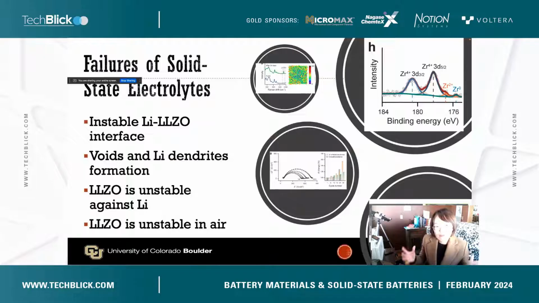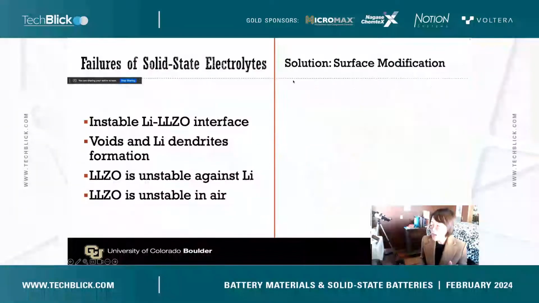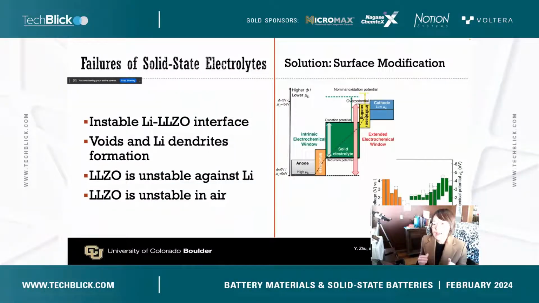So I have a very quick summary of the couple of things I really wanted to touch on today. The first is interface and morphology instability: the interface is not stable and will form different gaps or voids or spaces. Another is that the interfacial resistance continues to increase. And finally, this material is not stable in air. So for those failures, on the strategy, actually, one strategy